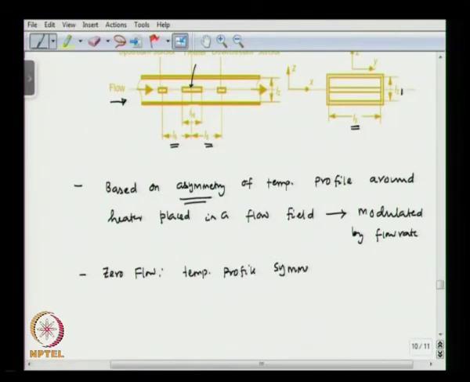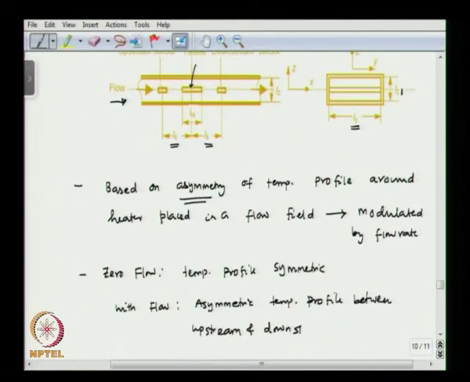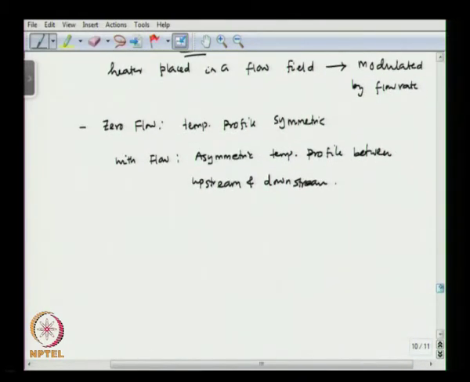And when you have flow, we have an asymmetric temperature profile between upstream and downstream. Okay. And we would have two temperature sensors,